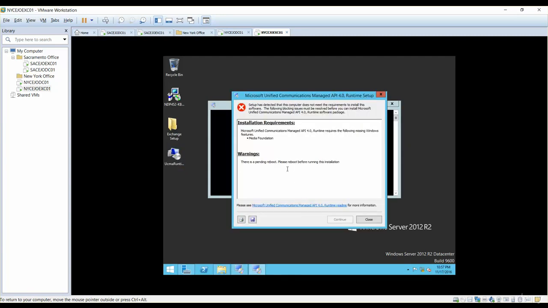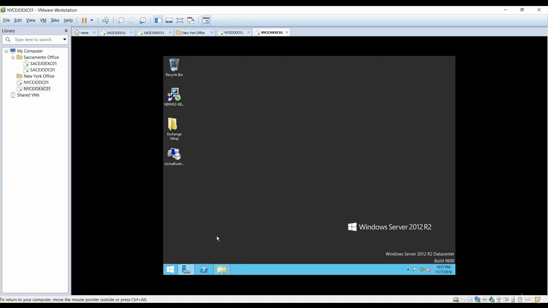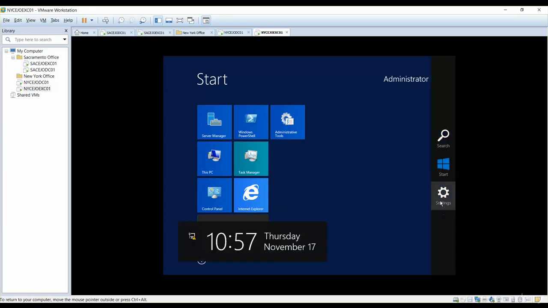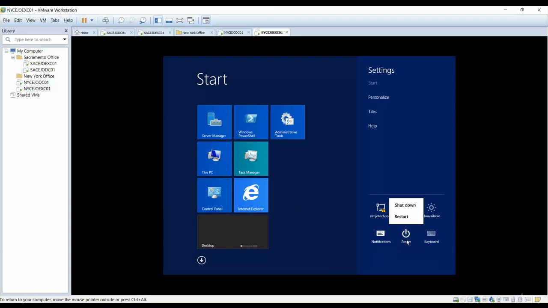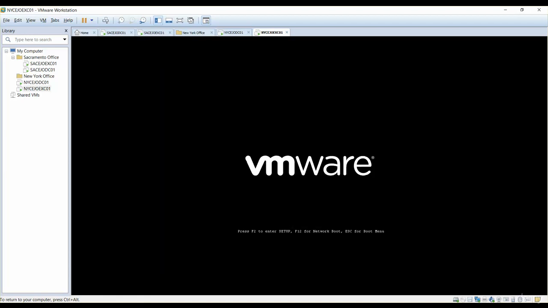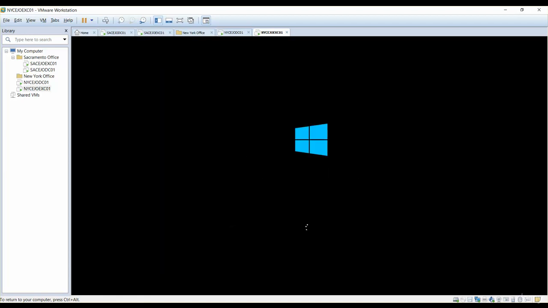And it says there is a pending reboot. So if you remember, when we installed our components, one of our components, .NET Framework 4.5.2, asked us to reboot. So some applications require you to reboot and some don't. And there are some applications, like you saw, that told us that before I install on your server, you have to reboot because there is a pending reboot. So we are just going to reboot,